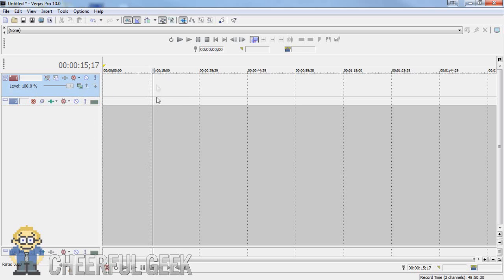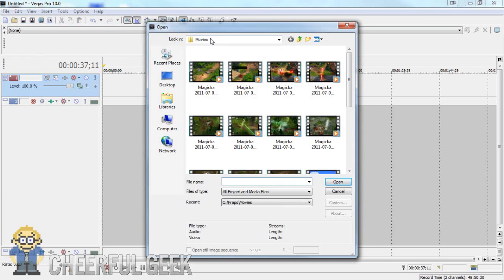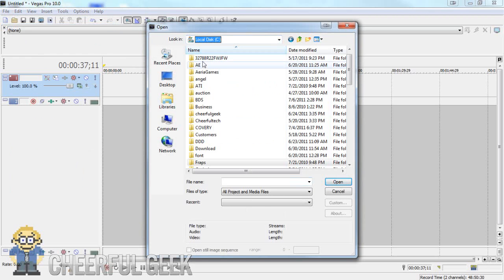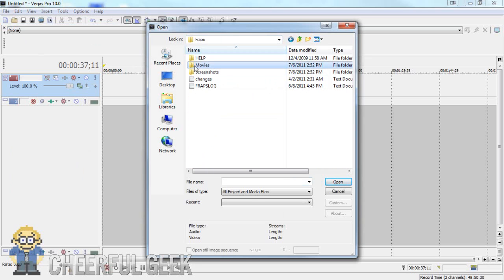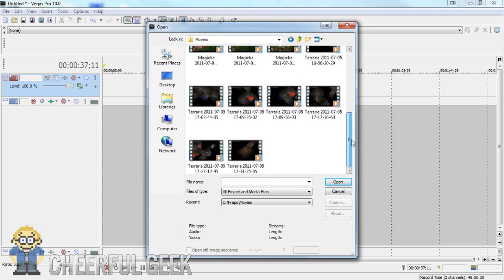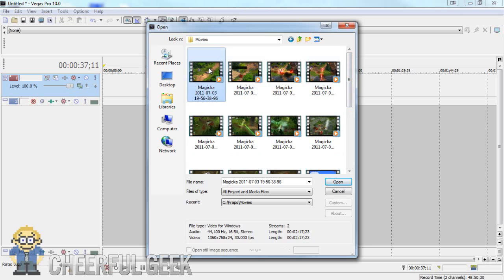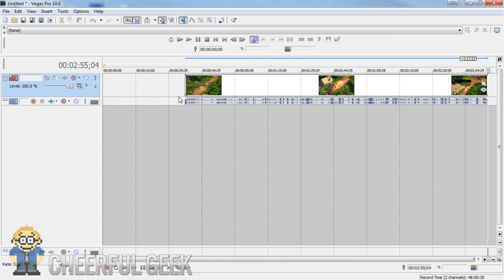And you want to make sure, this is called the masthead, you want to make sure this masthead is at the beginning of your file, and I'll show you why. If you go File, Open, and this is going to take me to my Fraps file, you go to Fraps, Movies, and these are already pre-recorded movies that I already have. I'm just going to select Magica for now. So you hit Open. And see, it put it exactly where that masthead was, which was at 30 seconds,